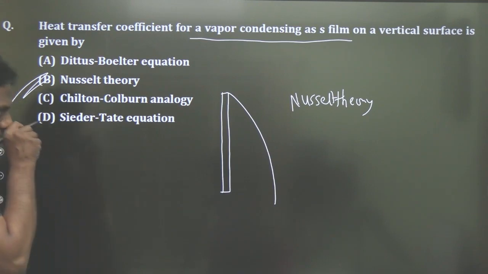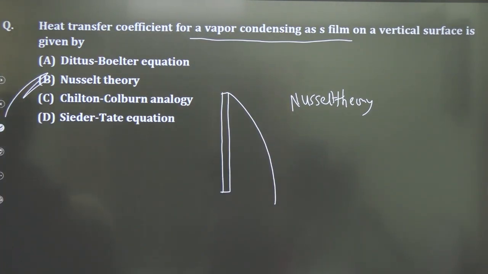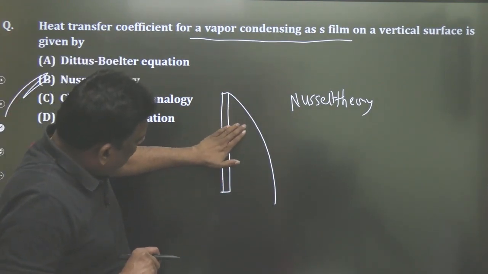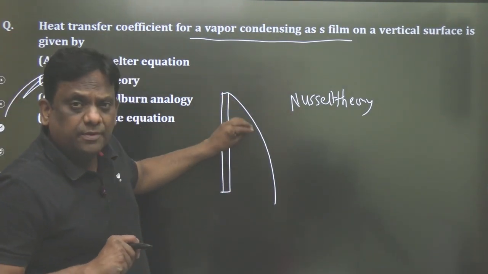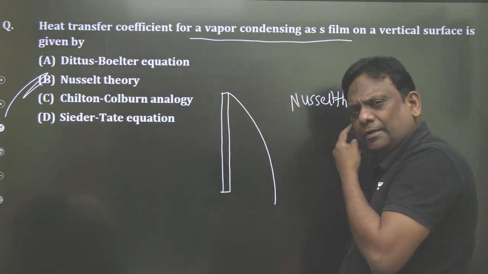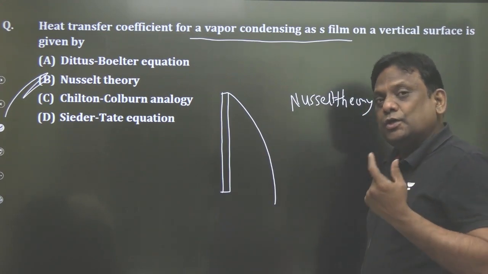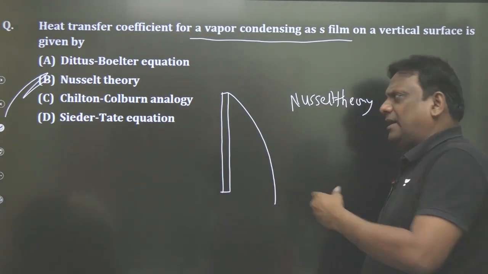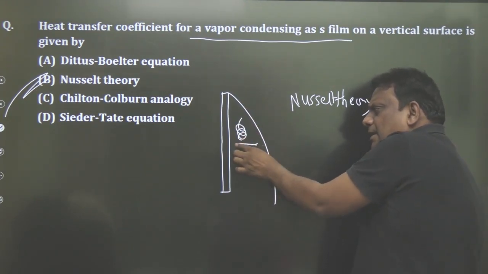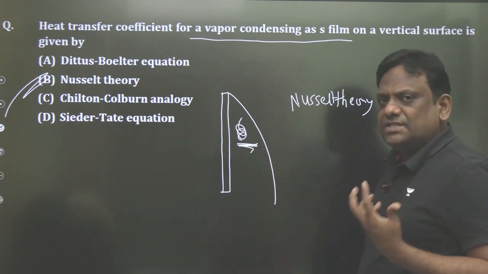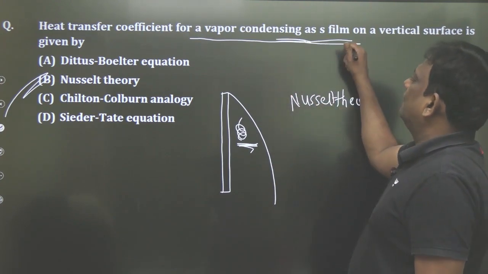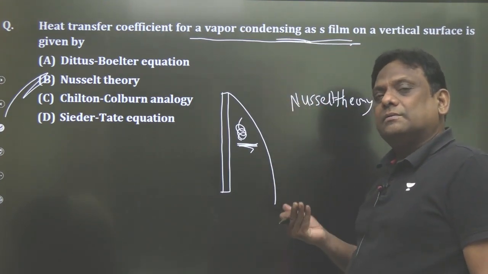There are some assumptions. What are those assumptions? Let's see. Look at this. The velocity of this film is assumed to be very, very small. So when the velocity is very small, the change in velocity is negligible, so inertia forces are negligible. Therefore, predominantly viscous forces are there. And as the velocities are very small, heat transfer is occurring predominantly by conduction. These are the assumptions as per Nusselt theory. If you want the condensing film coefficient to be calculated, I use Nusselt theory.